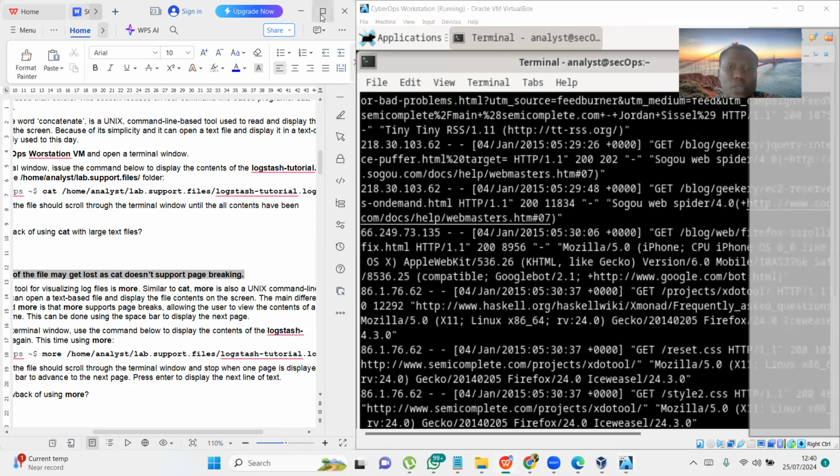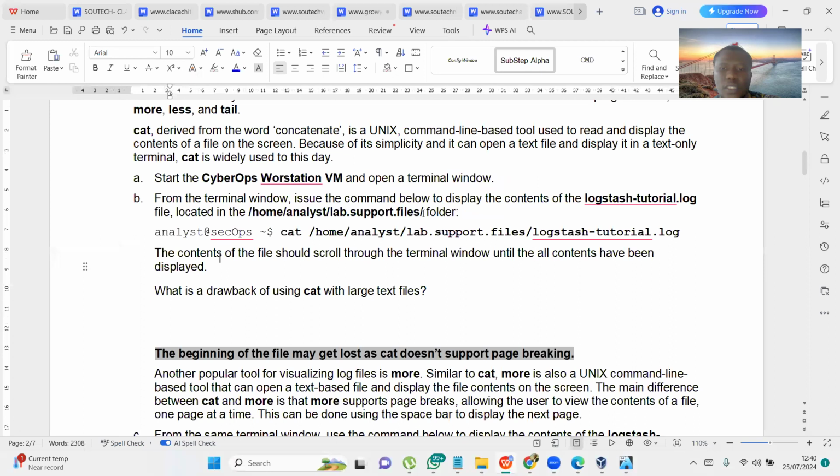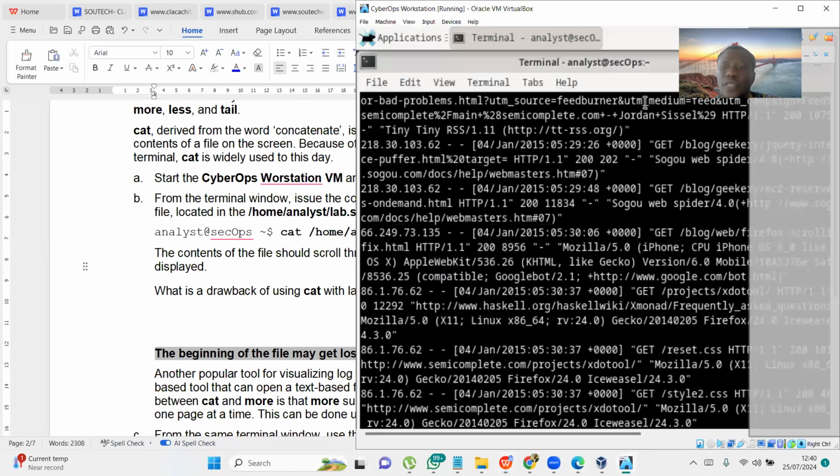The question here is: the content of the file should scroll through the terminal window until all the content has been displayed. What is the drawback of using cat with large text files? The beginning of the file may get lost, as cat doesn't support page breaking. So if I zoom this out,